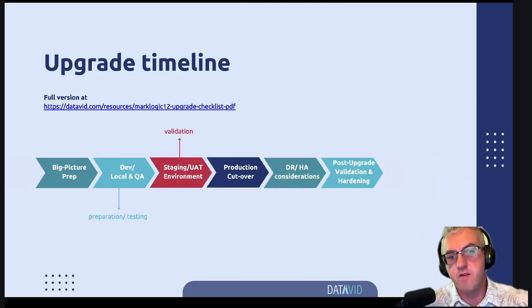Perhaps this is one of the reasons why Datavid has been chosen to be EMEA MarkLogic Partner of the Year, both for 2024 and 2025, that we have been successful with so many of these projects. But definitely have a look at the upgrade checklist, and like I said, in the checklist, we are drilling down